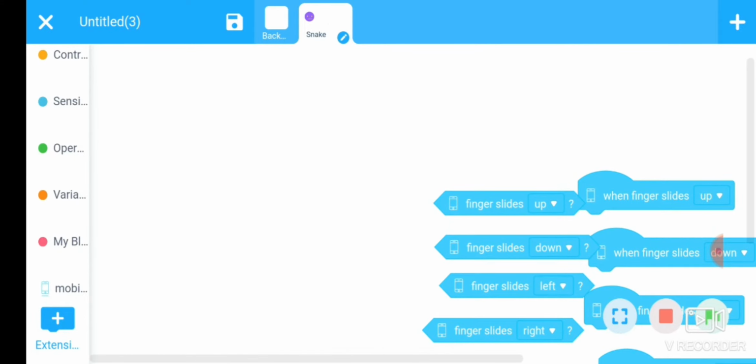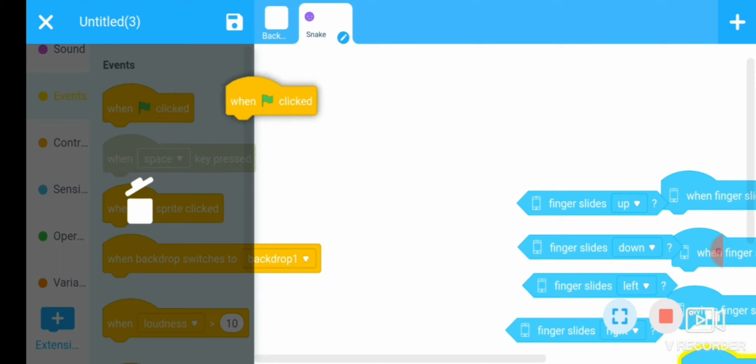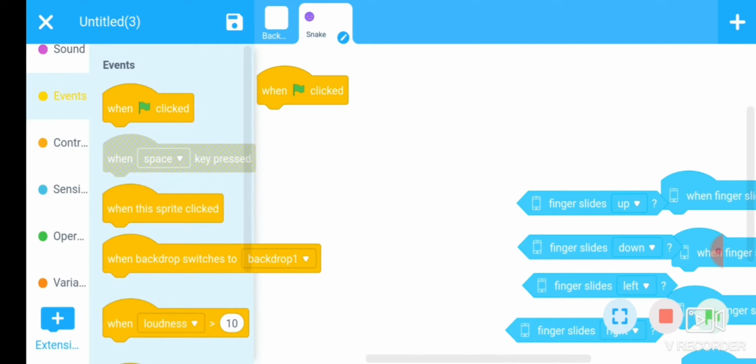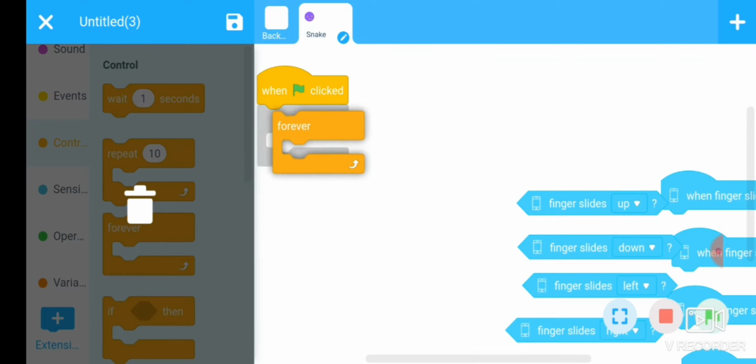Now our first command is when flag clicked. Go to the event section, choose this command, drag this command and put it here. Then go to the control section. There is a forever loop.